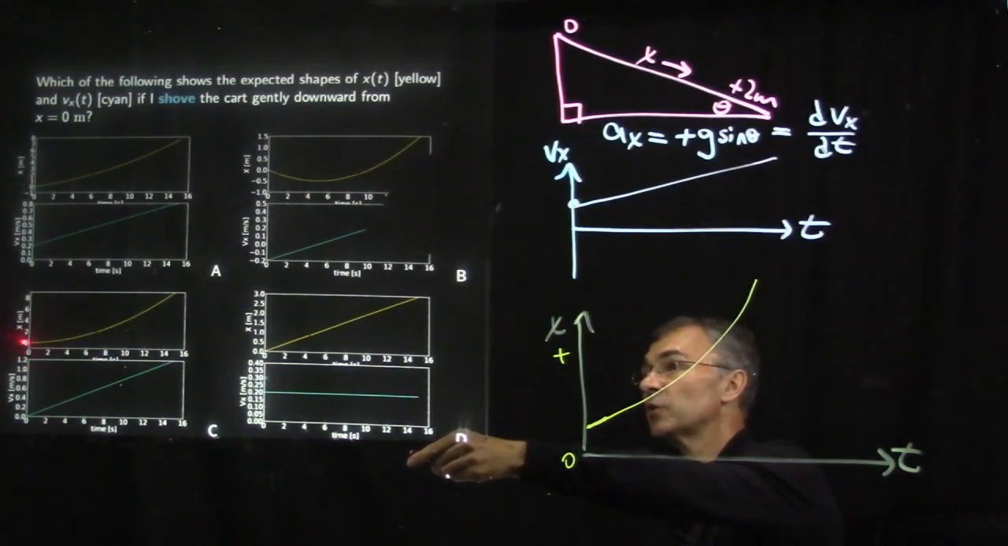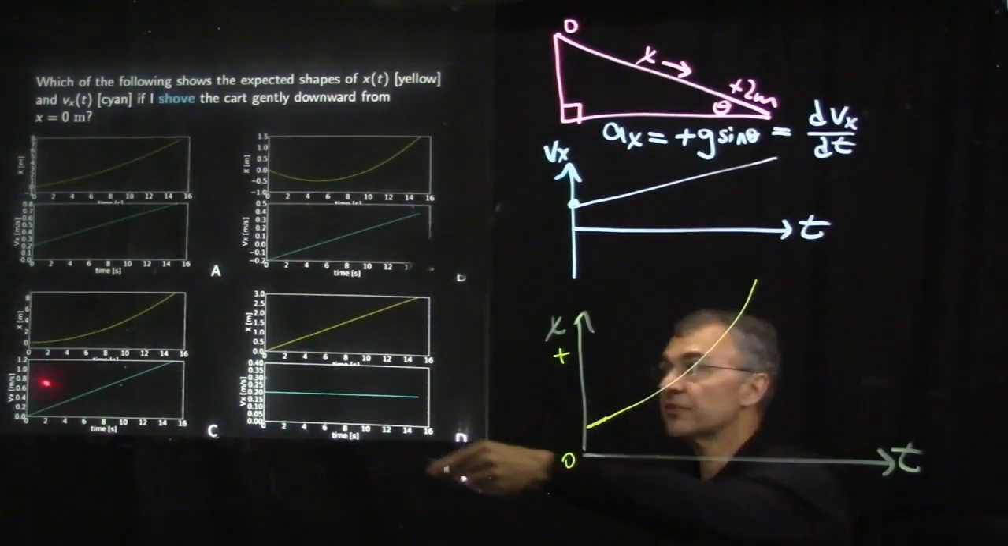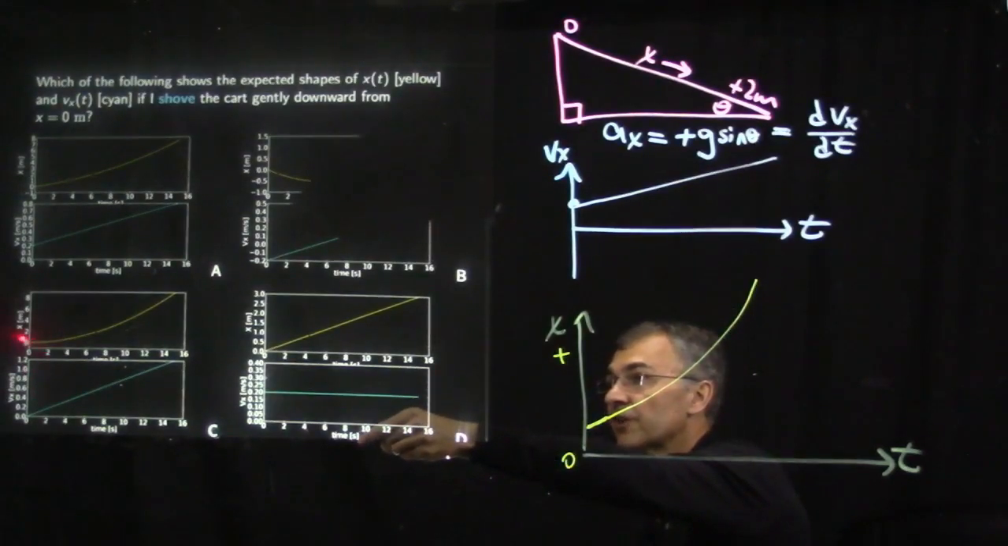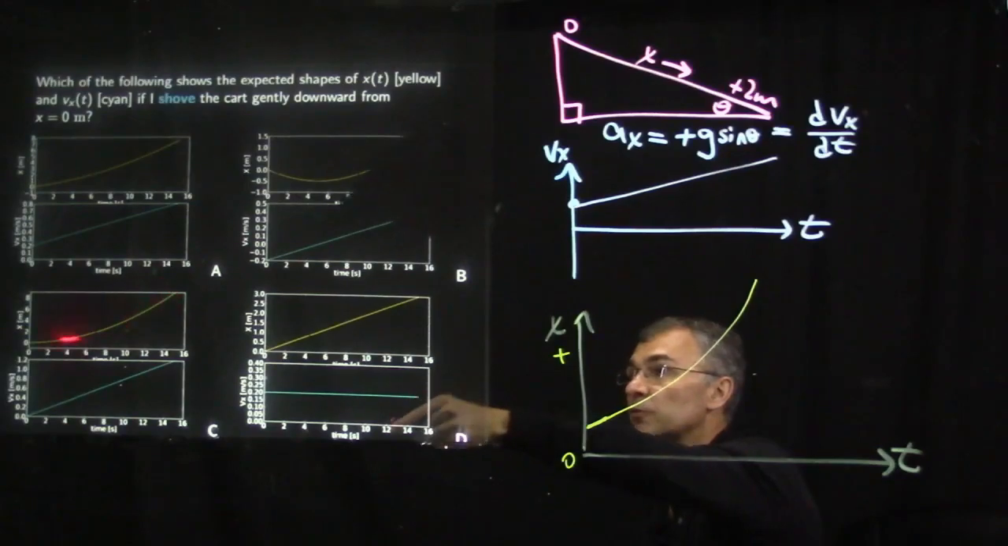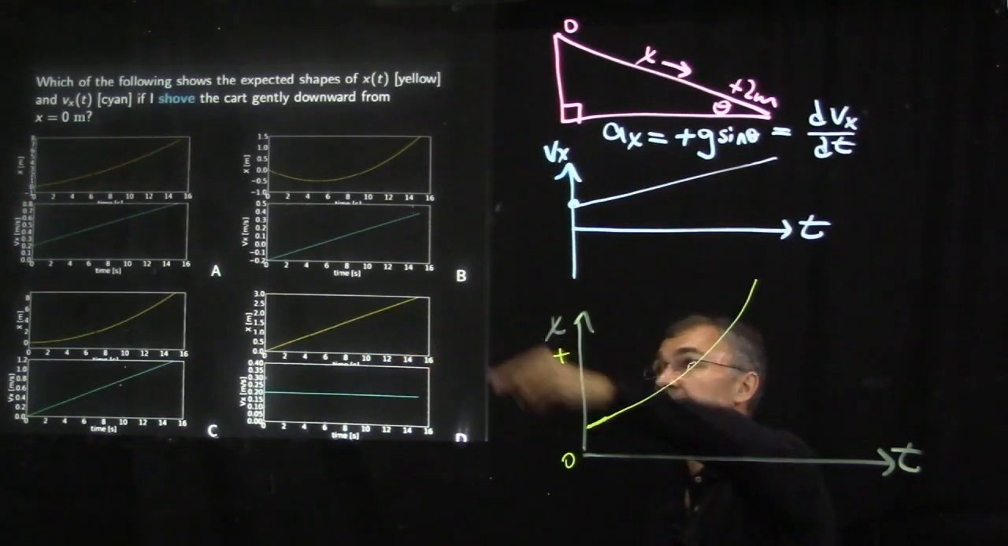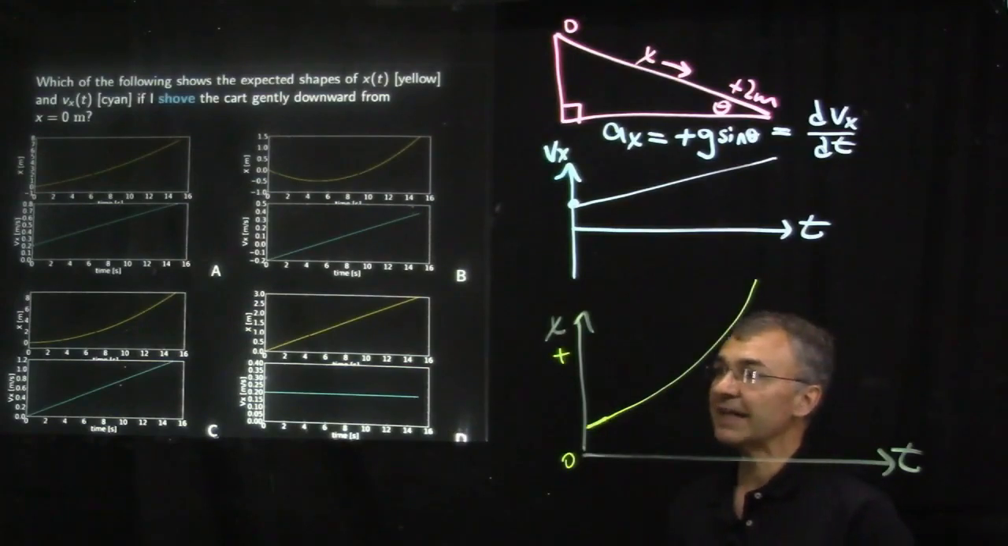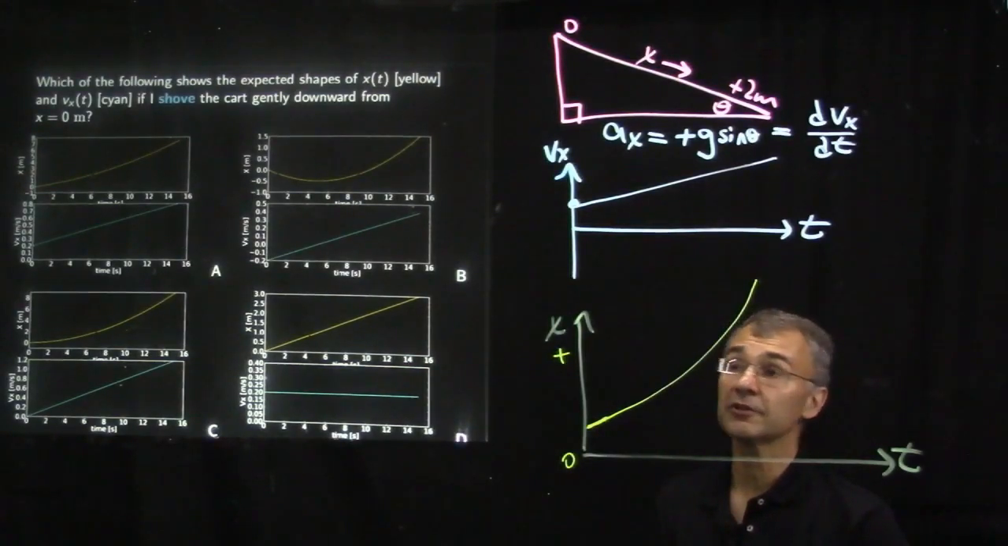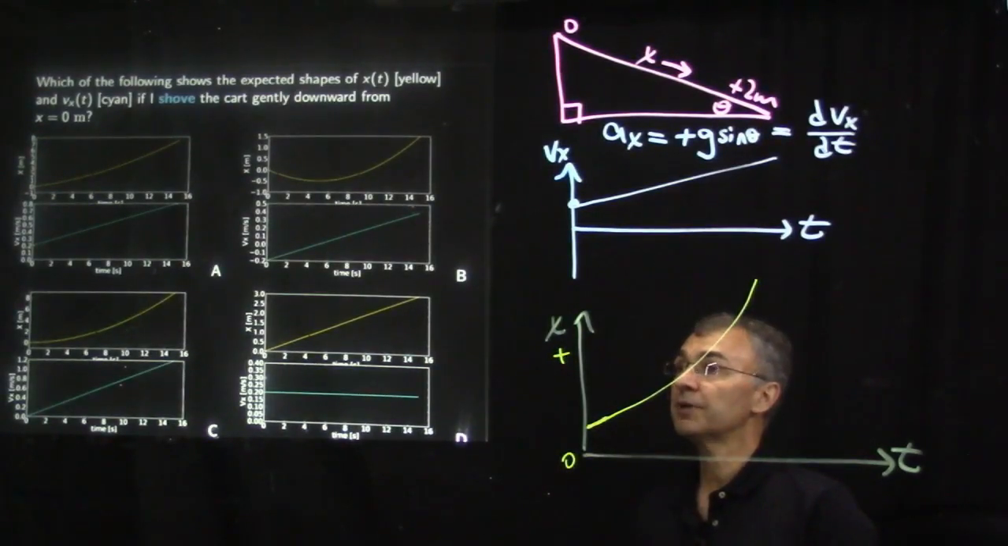Here the slope of the x versus time curve starts out 0. You see the tangent of that curve is horizontal, and then it gets more and more positive. Here the tangent of that curve starts out with a positive slope, and it gets more and more and more positive. So A and C look pretty similar, but